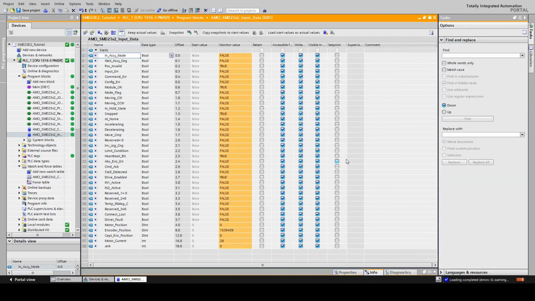Now you can see all the input data that we are reading from our unit. Input data consists of those 10 words or 20 bytes. So the first two words are status words, consisting of the status bits. Altogether those two words make 32 status bits. As you can see in this input data block, we have all those 32 status bits tagged one by one. So if you need to monitor any of those status bits, you can simply grab any of those tags and use it in your program